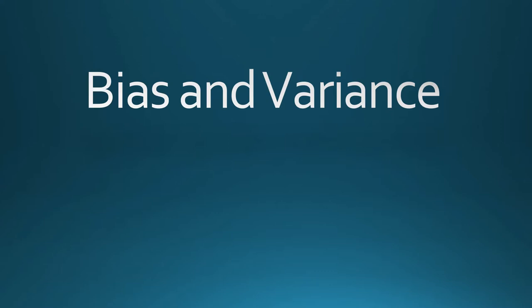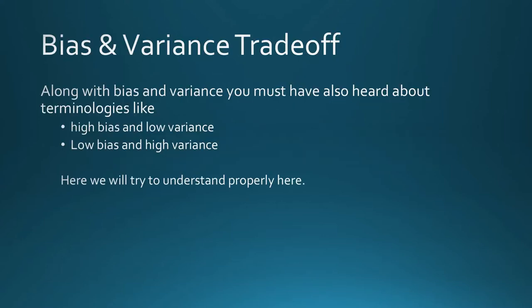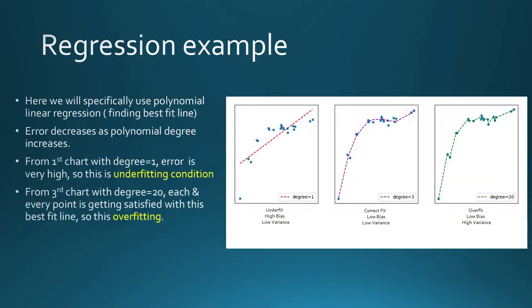This question you will be asked in many interviews: what is bias and variance, and what is the bias-variance trade-off? Most companies will ask it, and in our day-to-day work we have to make this adjustment. Our model should have low bias and low variance. Now, let's jump in and try to understand what it is.